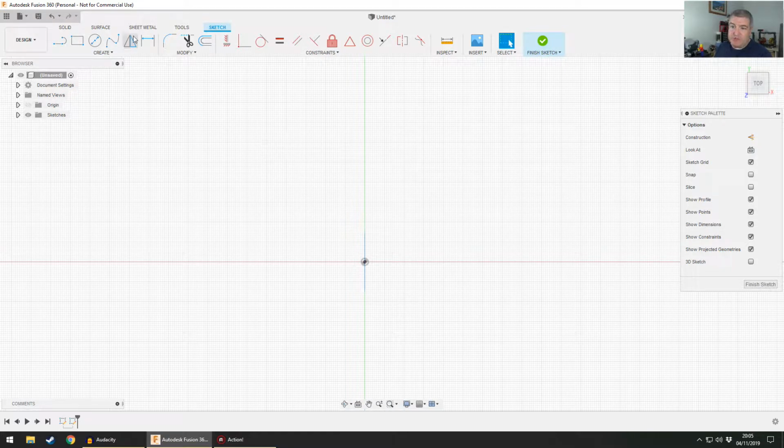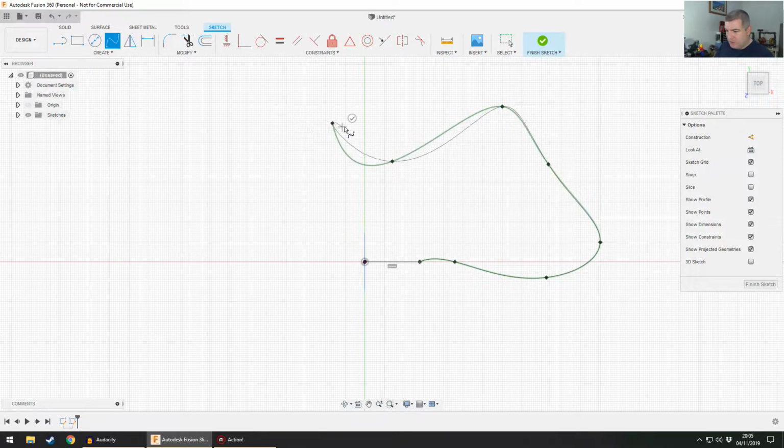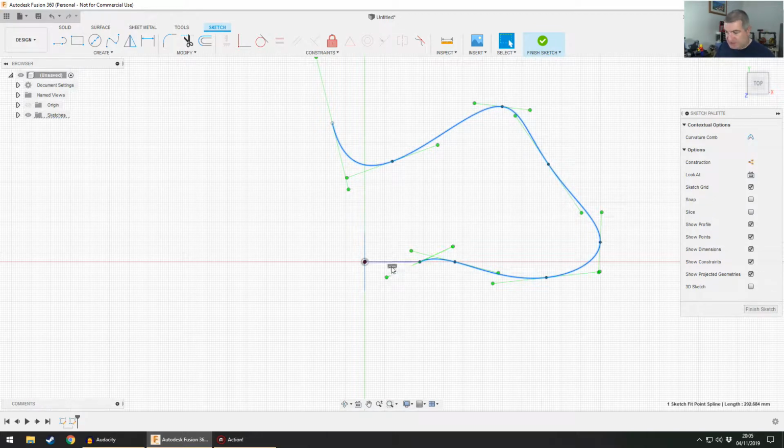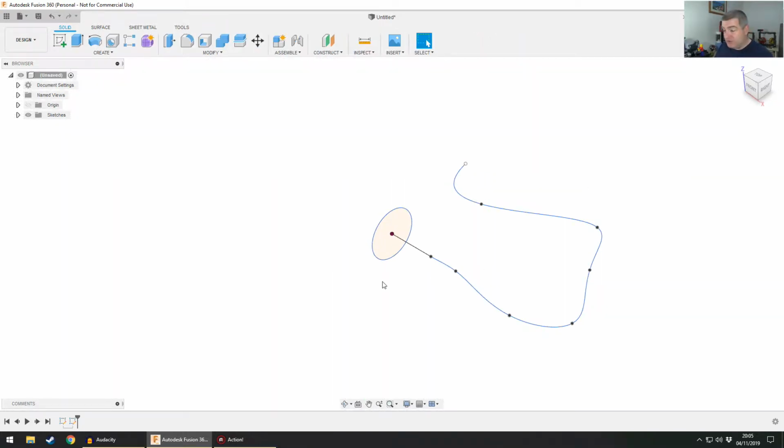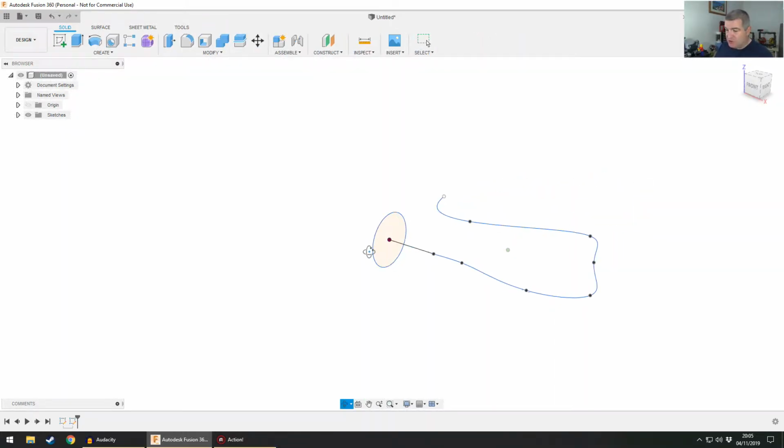But from the origin I'm going to start with a line, and then I'm going to go into a spline from there, and I'm just going to make this spline look a bit weird. Click the green tick, add some tangency to this point just so that it doesn't look too weird, and then finish. So when I spin this round, what we can see is we've got a circle and we've got a spline,